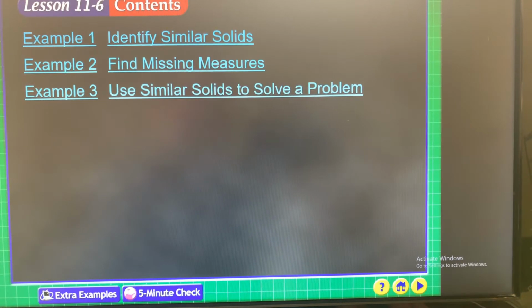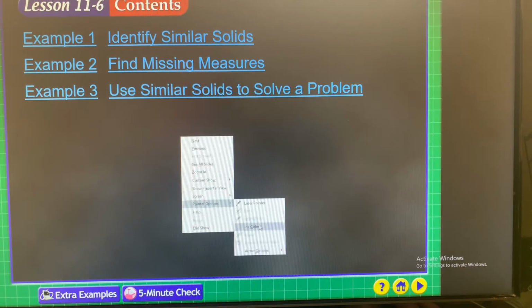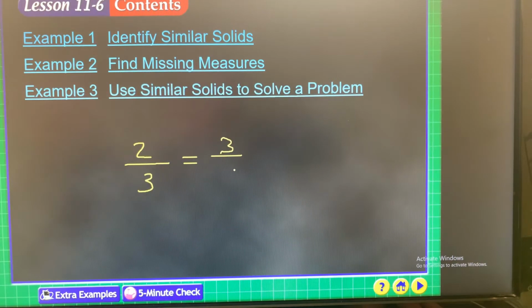All right, this is the last section of chapter 11. It's pretty easy. If you remember, in order to prove similarity, what we were doing is determining if they were proportionate. So if I had 2/3 equals 3/5, I know this is an easy one and you can see it. Remember, we would cross multiply and we would see if they're not equal, we would say they're not similar,